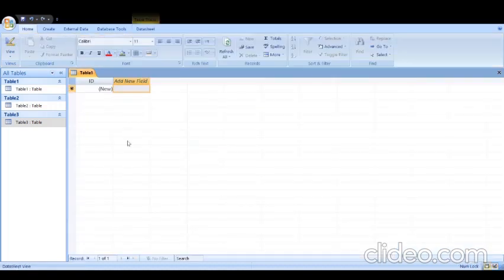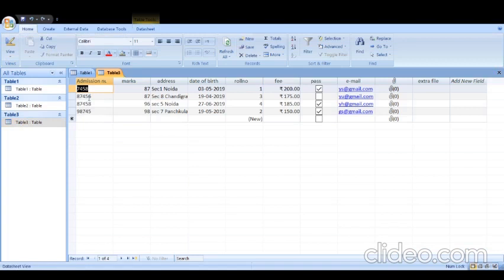Now in column 3, suppose I have written this admission number 7458 and I am repeating it. Let's fill the data first, and now I am coming to the next record. It shows that this is not successful because you can't enter duplicate data due to the primary key. So it's compulsory to enter different data, otherwise it will not be counted.